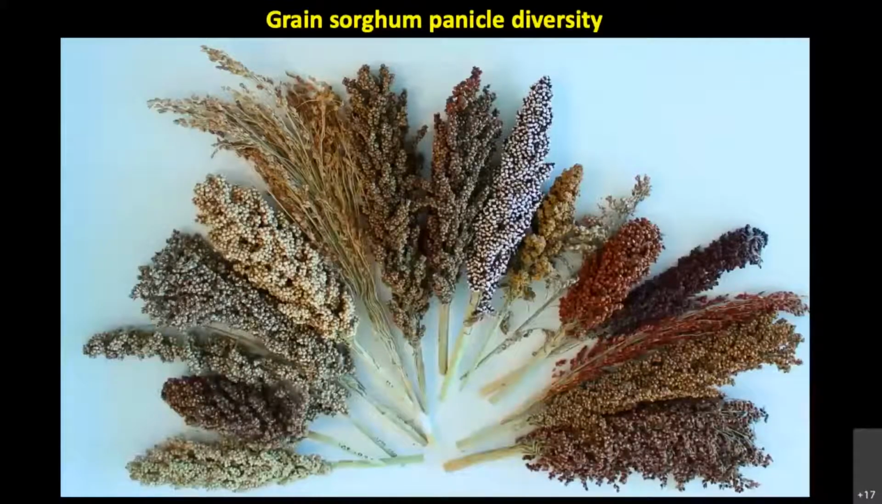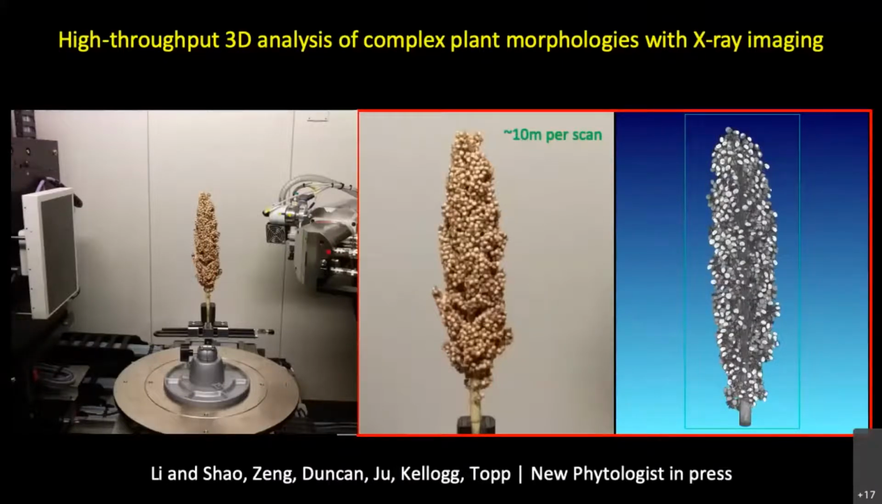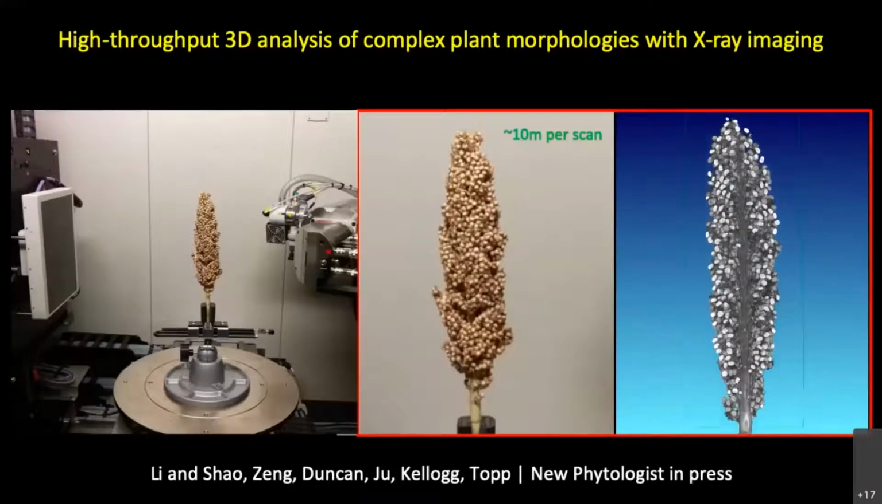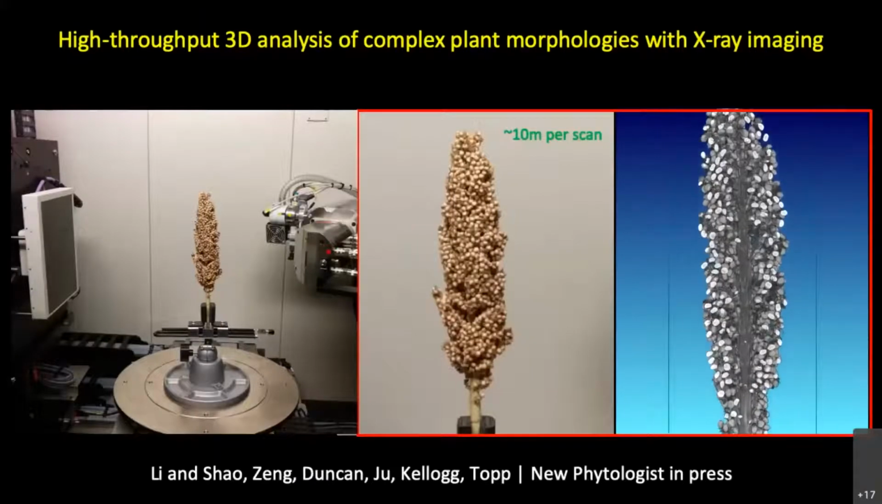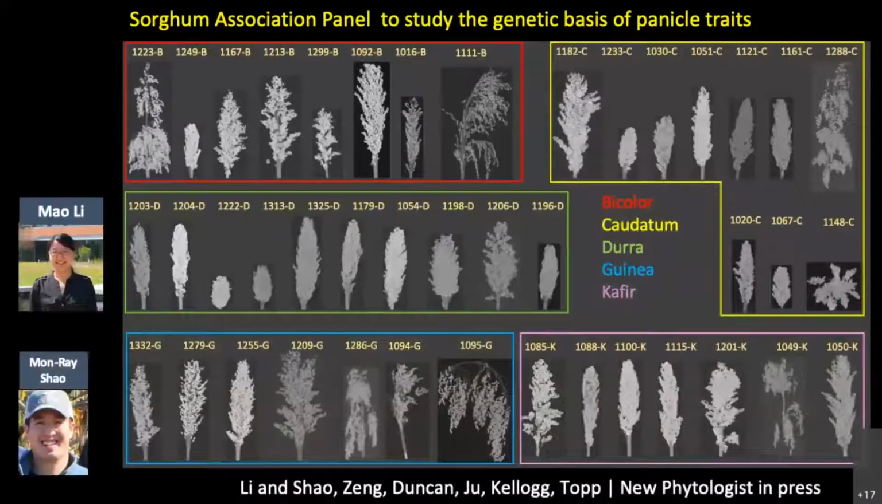We've done quite a bit of work. In fact, we just published a nice paper on sorghum panicle diversity. It's another shape that's complex. It's very hard to measure by hand. But with the X-ray system, we can essentially computationally dissect the whole thing. And so we've developed a whole pipeline to measure all the seeds, the shape of the seeds, the 3D structure, the branches, the main rachis. And we looked at this across the major botanical races,